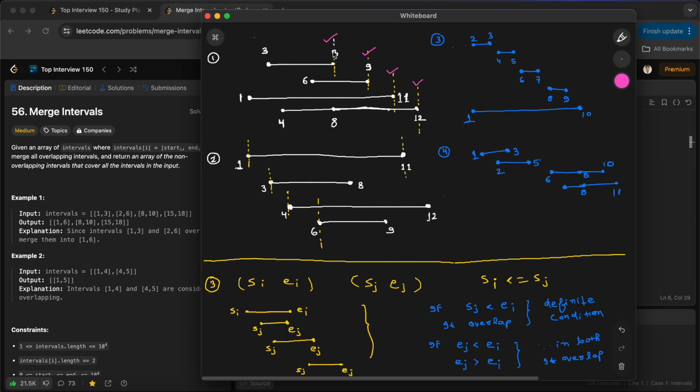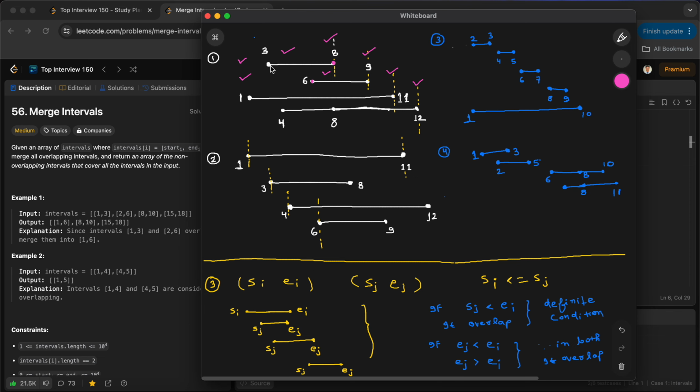When we sort on the basis of the end point, what we can see is that if you consider this point and this point, we can compare the first end point and the second start point, and we can make sure that it is overlapping. But here the problem is that, suppose these two points overlap, we can't say that that is the actual